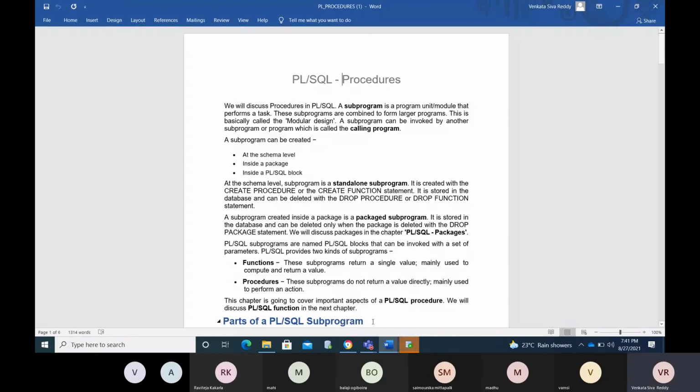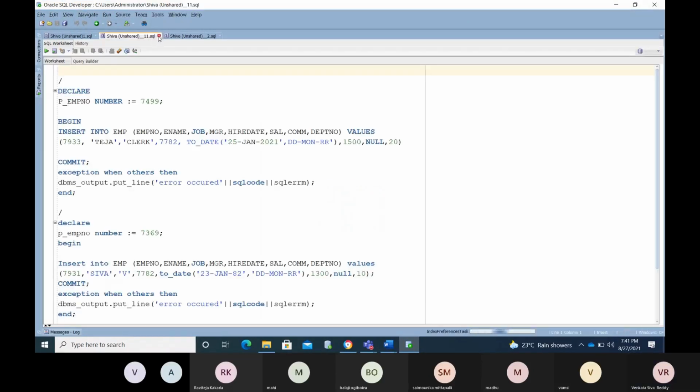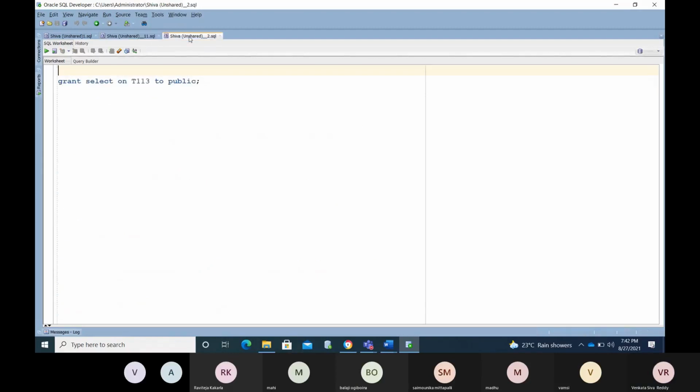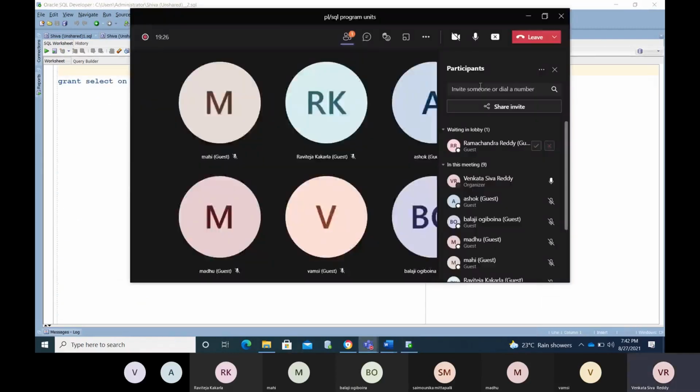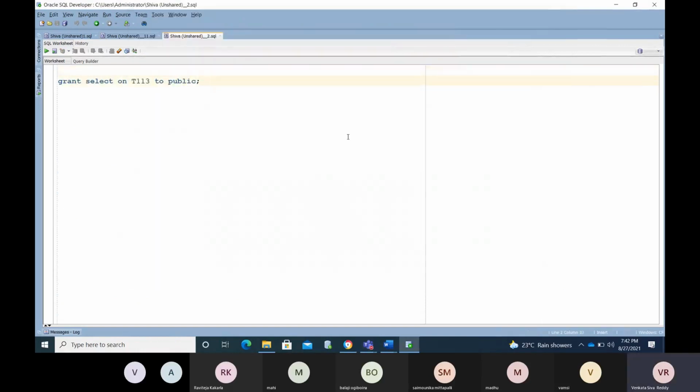So suppose we have an employee table. Start from EMP.